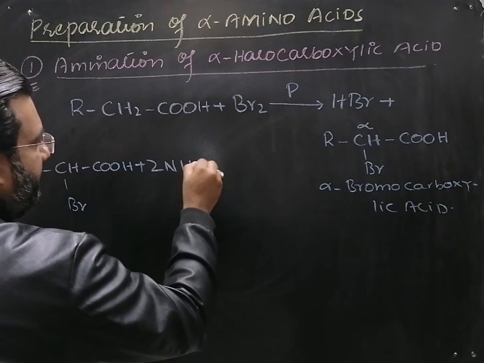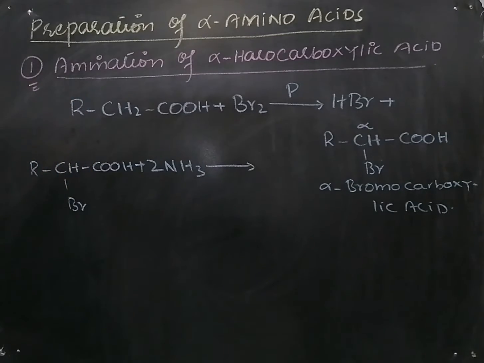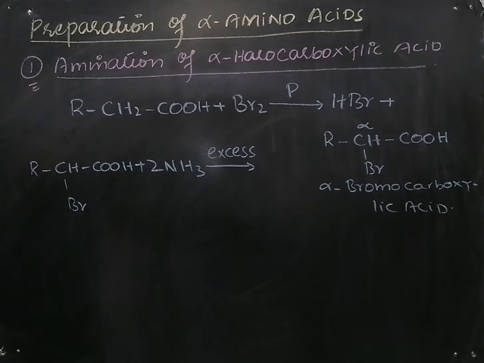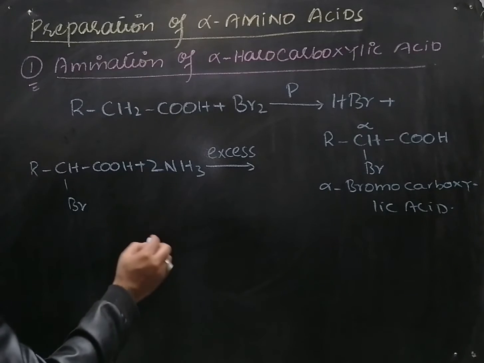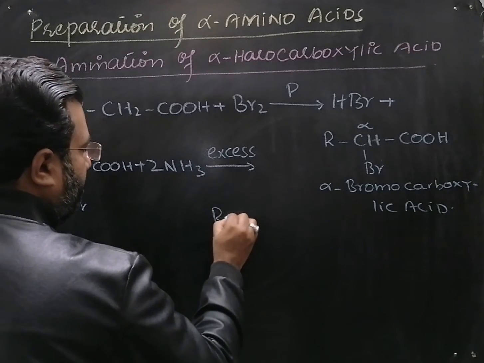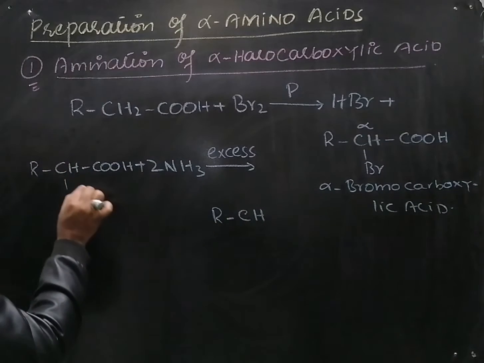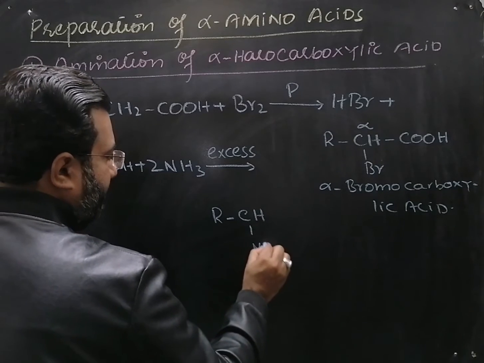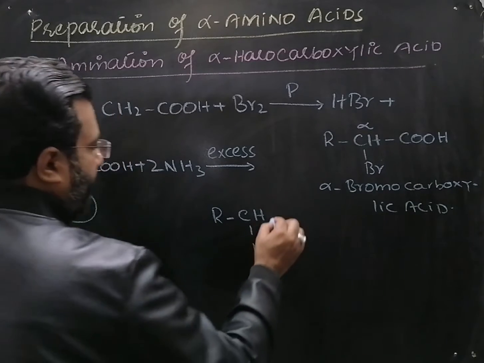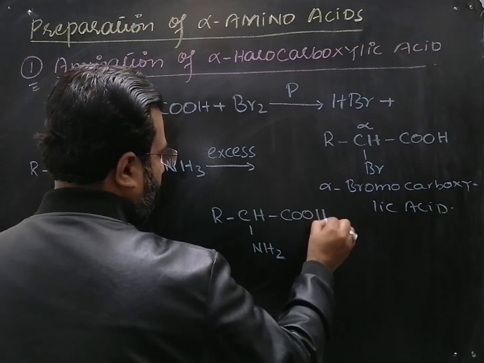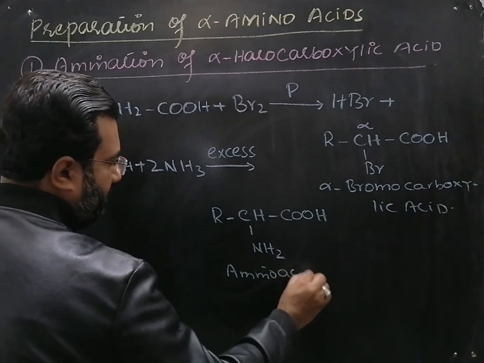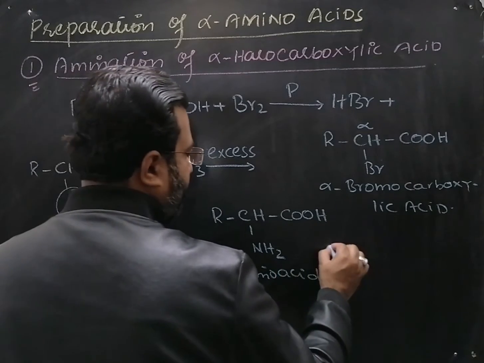So this alpha bromo carboxylic acid reacts with the concentrated ammonia in the excess quantity. My dear students, now after this reaction, the bromine is replaced with the amino group. So here will be NH2 and you will get the amino acid